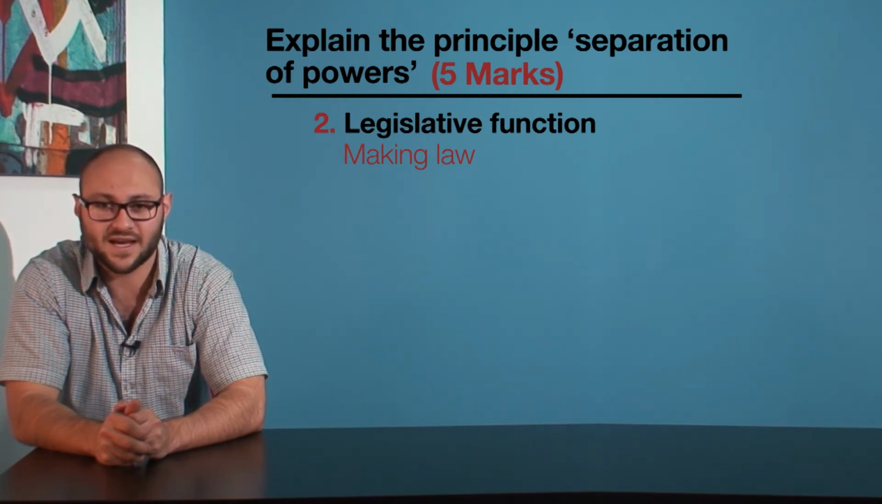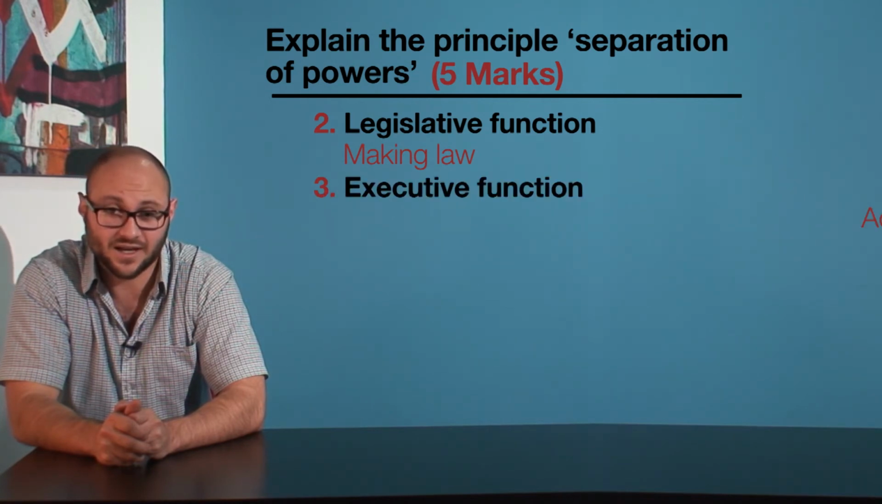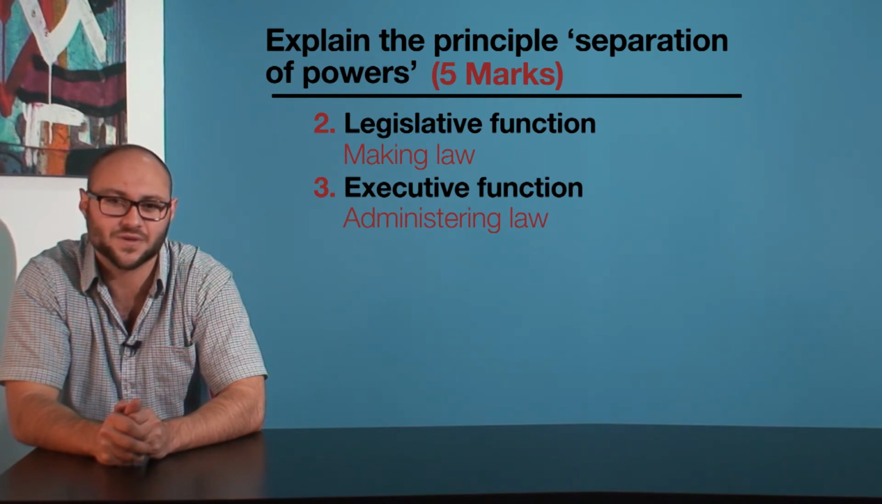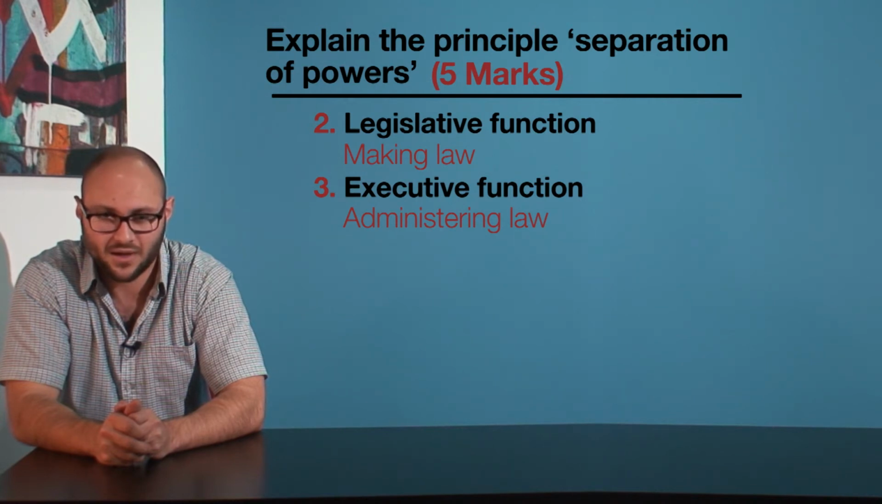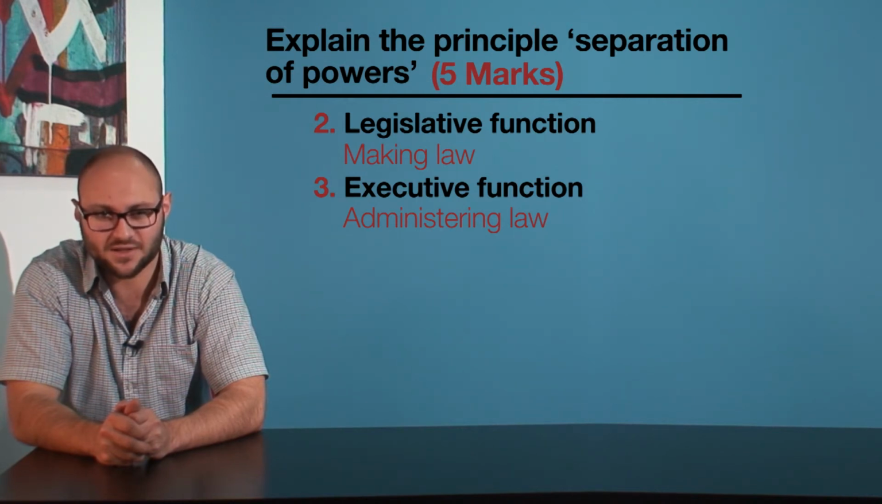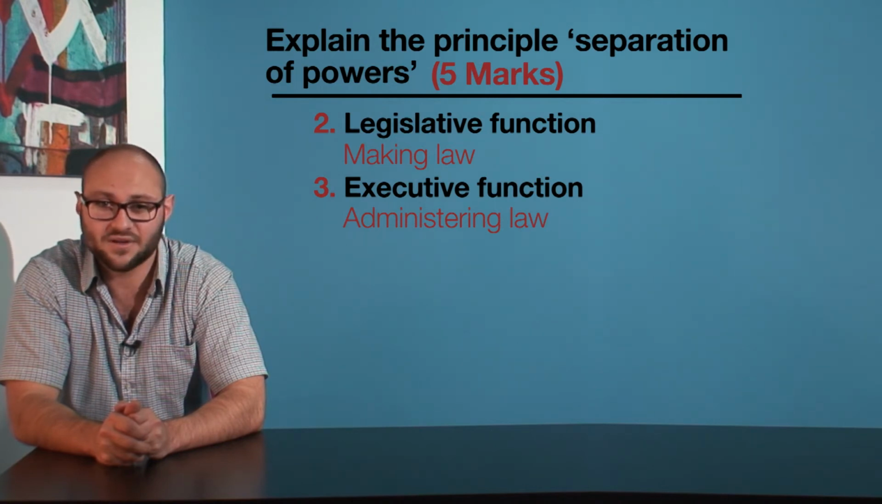Next, we have the executive function. That refers to the power to administer the law. In other words, to ensure that the law is carried out. An example of administering the law is making sure that the federal police are equipped to enforce the law. Now, Chapter 2 of the Constitution gives this power to the Governor-General, but in reality, the Governor-General acts on the